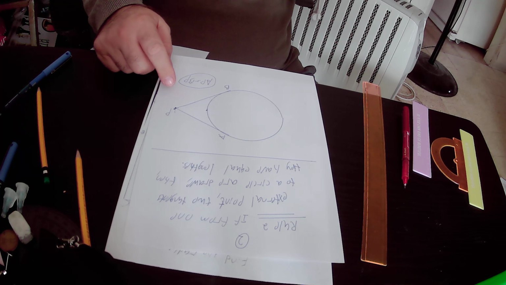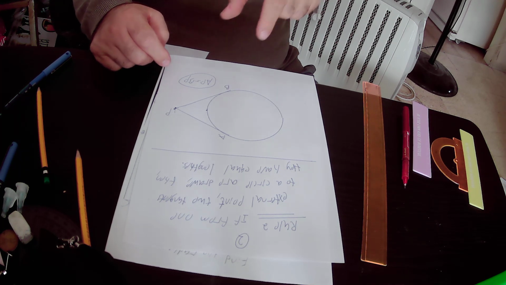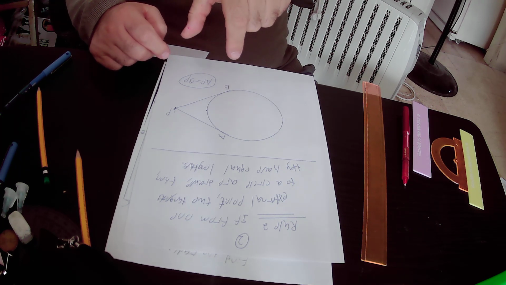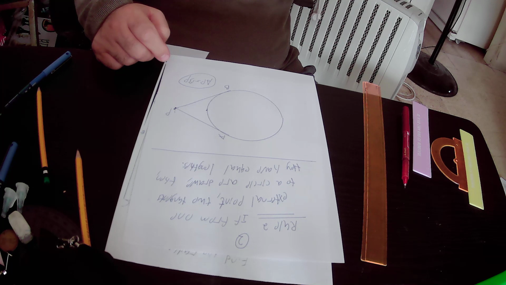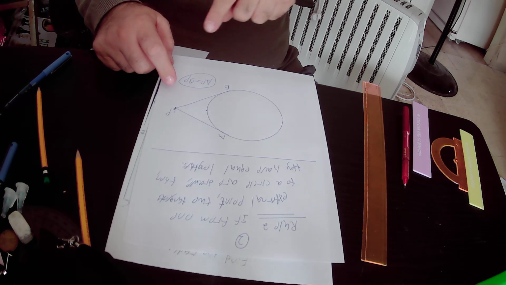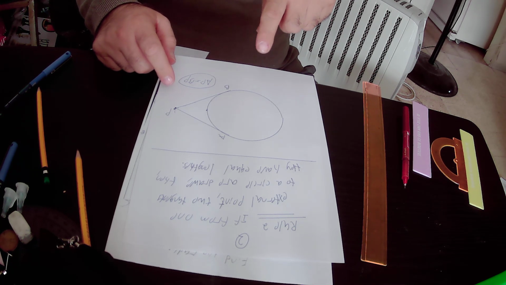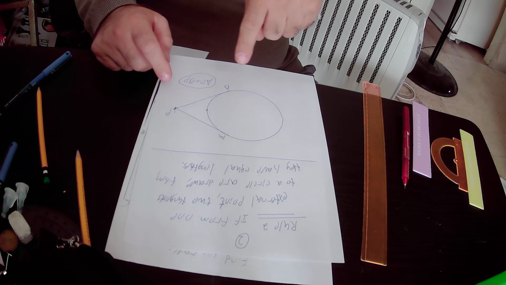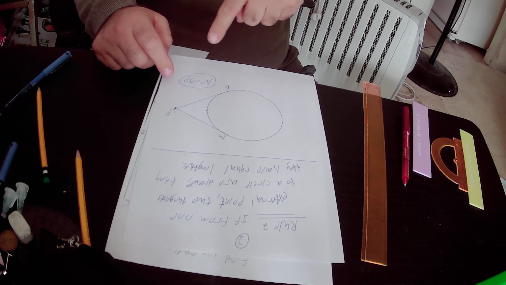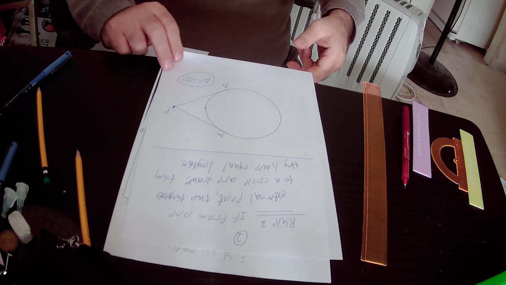Then according to rule number 2, the lengths of those two tangents are equal to each other. That is to say AP equals PB. So if from an external point you draw two tangents to a circle, the lengths of those two tangents will be equal to each other. That is to say AP equals BP. Okay,